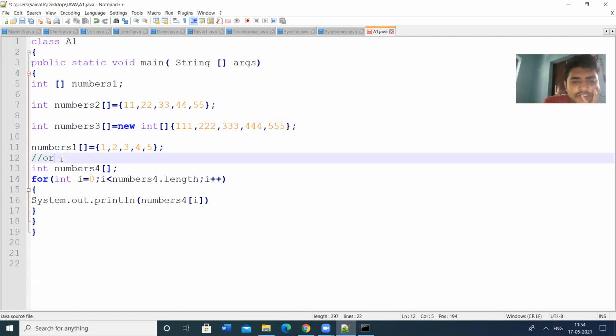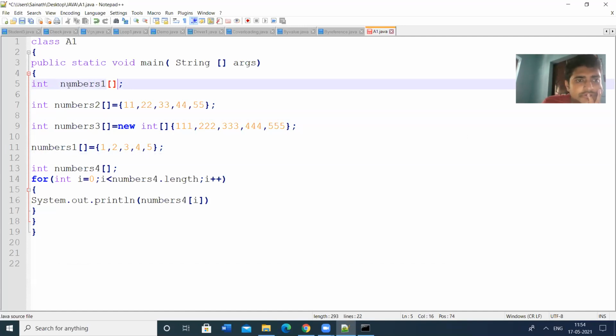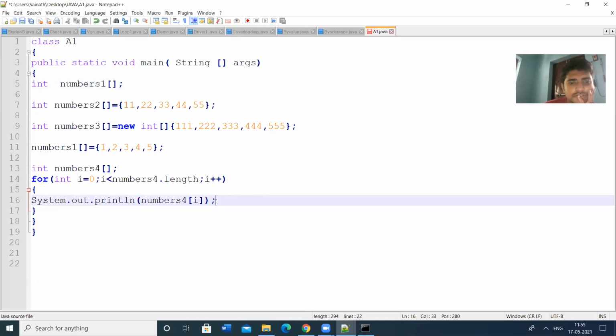Let us check the program again. Numbers 1 is equal to, semicolon.